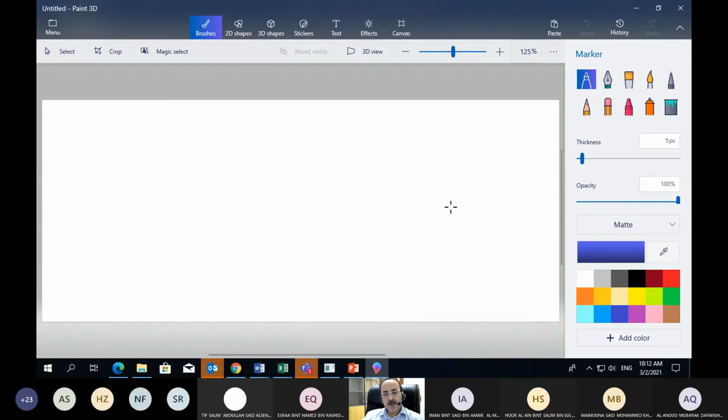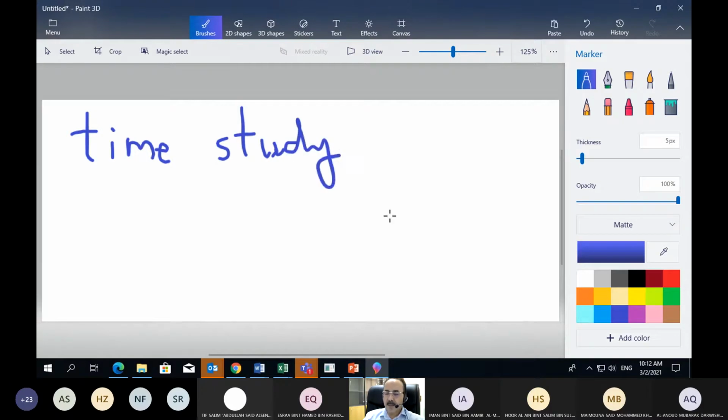Well, one way to do this is actually to carry out what we call a time study, where I try to model exactly what the student does when they write down their answer. If they need to type it, you can find out how much time it would require to type